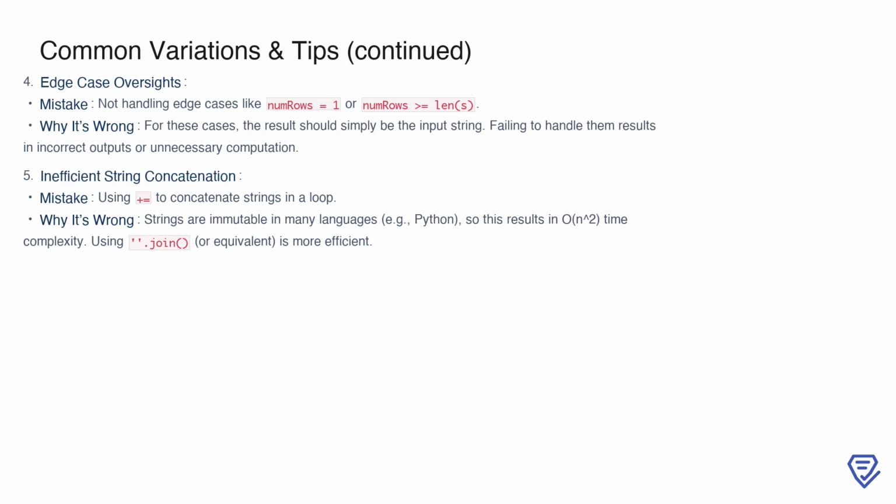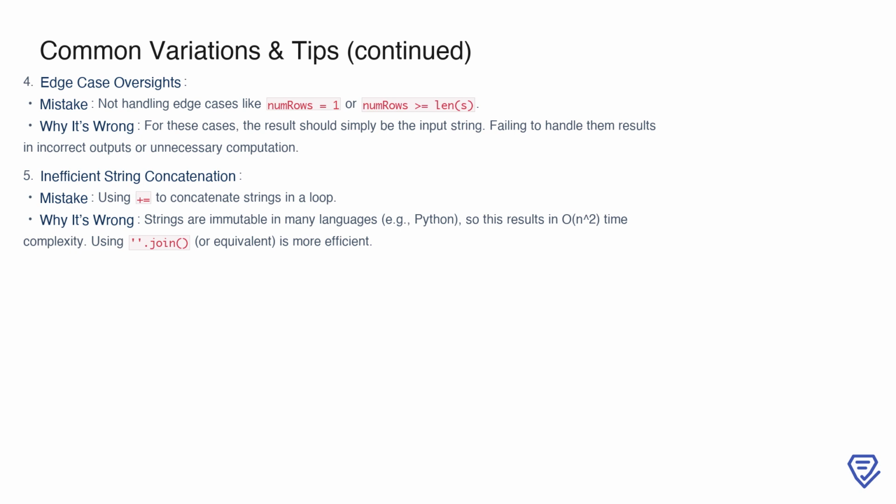Additionally, inefficient string concatenation is a frequent inefficiency. Using the plus equals operator within a loop to concatenate strings can be problematic because strings are immutable in many languages, such as Python. This approach can lead to an O(n²) time complexity due to repeated string copying. A better alternative is to use efficient methods like .join in Python or equivalent techniques in other languages to improve